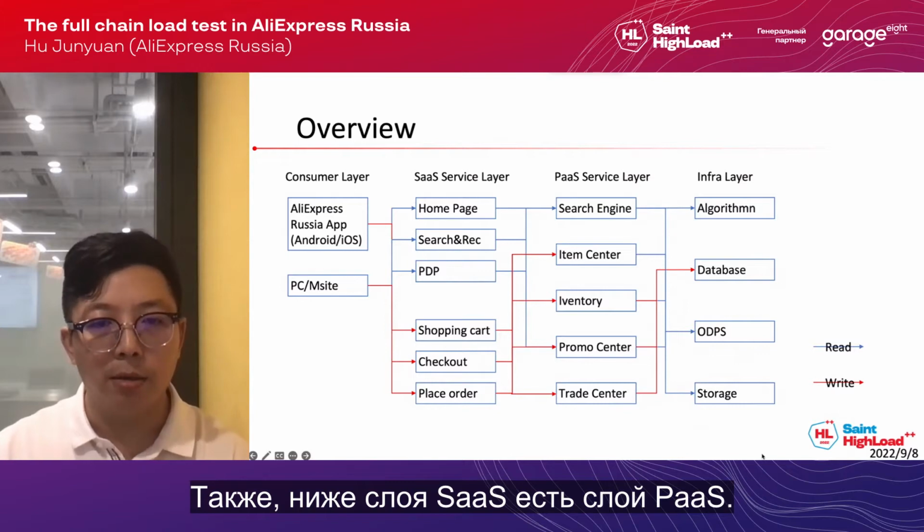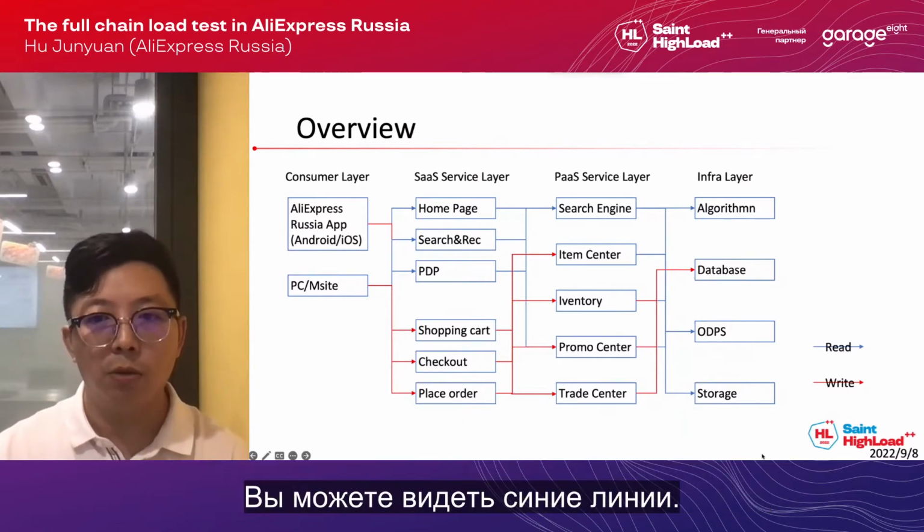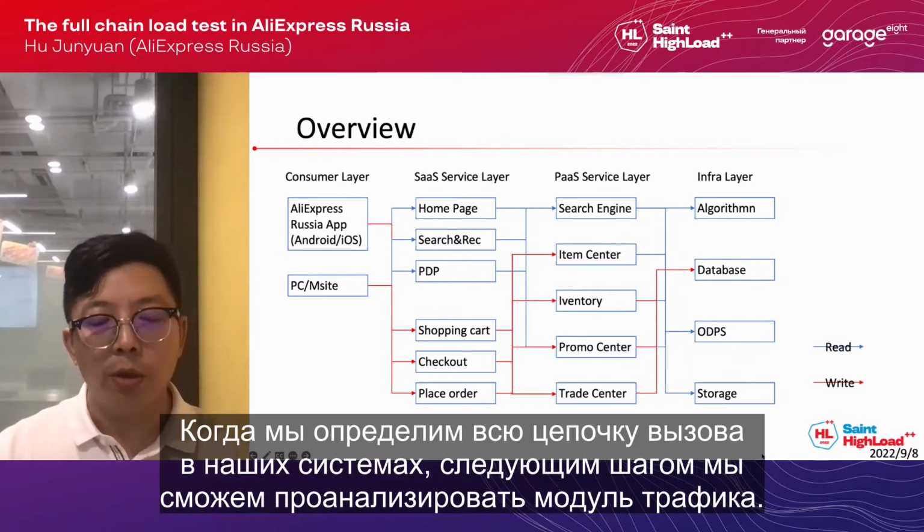At the downstream of the SaaS layer, there is the PaaS layer, which was provided by Alibaba Group. And also we have some infra like algorithm, database, and storage. You can see the blue lines, this is the read chain in our load test, and the red lines are the write invoke chains. When we have identified the whole invoke chain in our systems, the next step is to do the traffic model